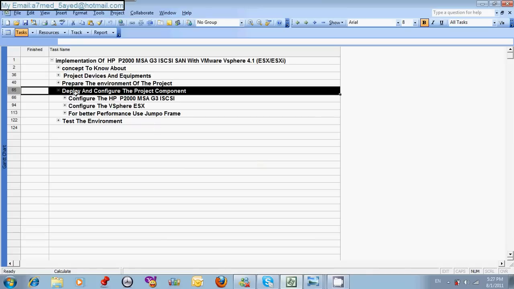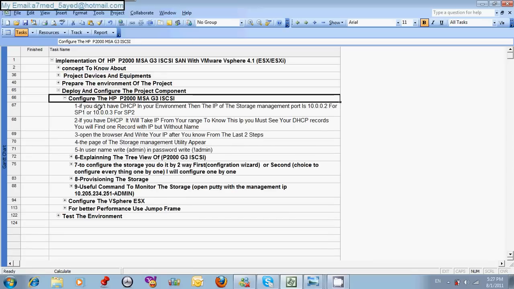We will start from here, from deploy and configure the project component. First thing is to configure the HP storage. I will go through these steps. First, to configure the storage, you will do some things which we already made in prepare the environment of